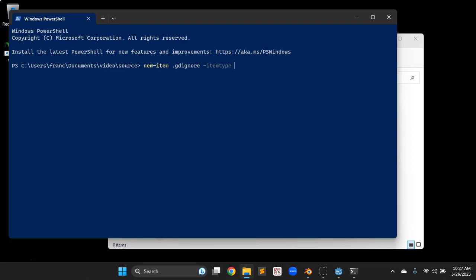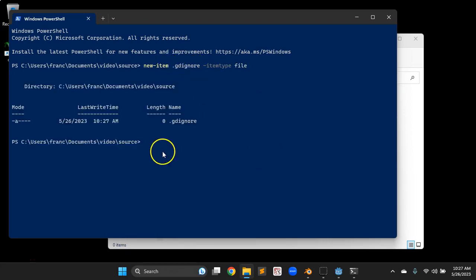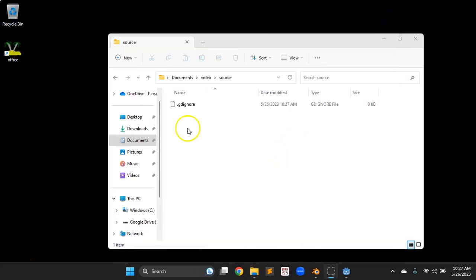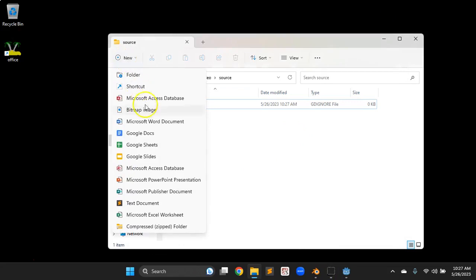It'll default to a file, but I'm going to add item type file. So it is one of those with no name and just an extension, but just creating the file is enough that the Godot engine knows to ignore this folder now. And for some reason on Windows 10, they got rid of the blank file. So you can't create a file without an extension from the File Explorer. I don't know why they did that, but now that we got that folder,